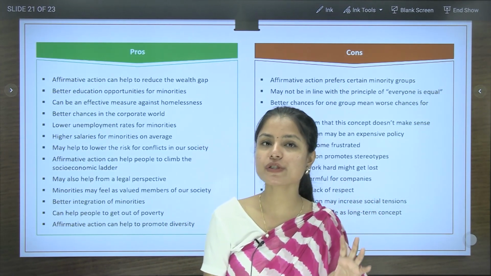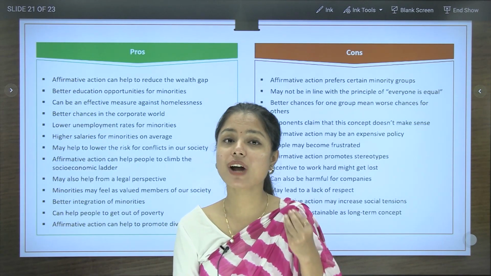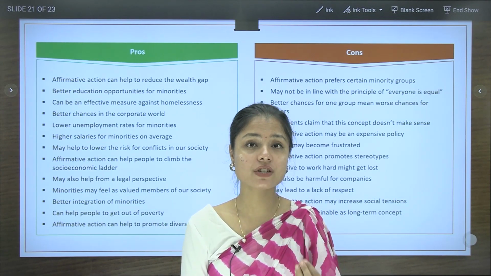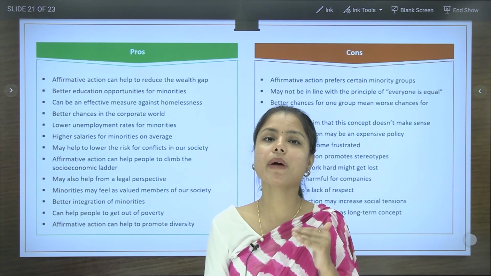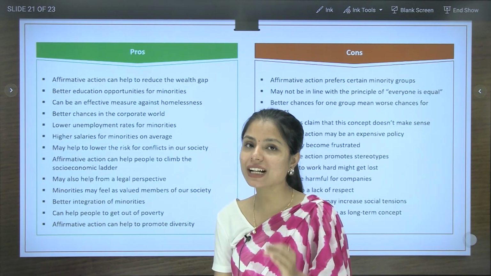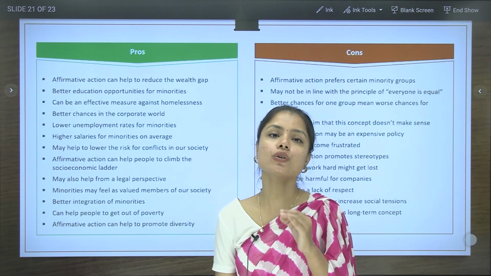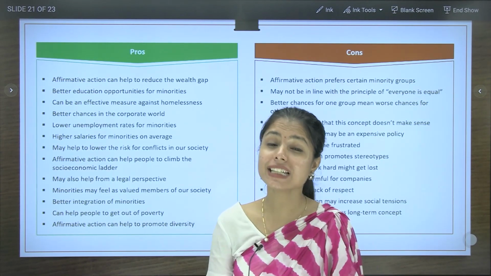So whenever you look at this aspect, please be very balanced in your approach. Don't take any extreme positions. Try and understand with a rational mind that affirmative action is needed, but what we need to do is to ensure that the benefit of affirmative action actually reaches people who deserve it or people who need it, so that